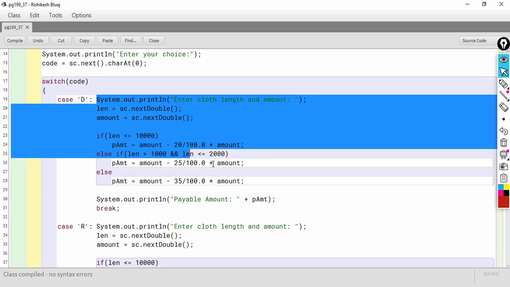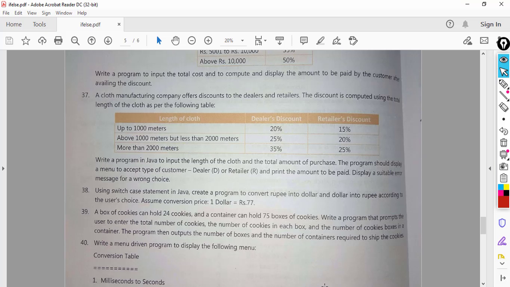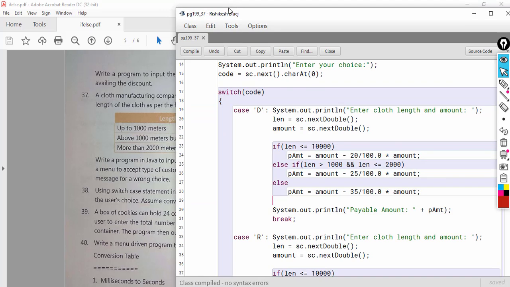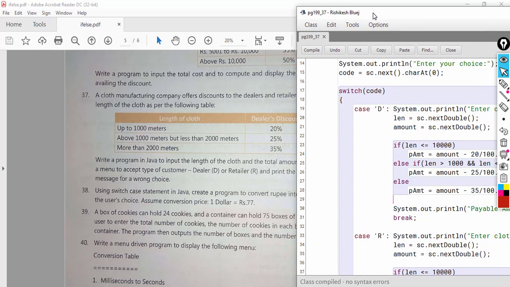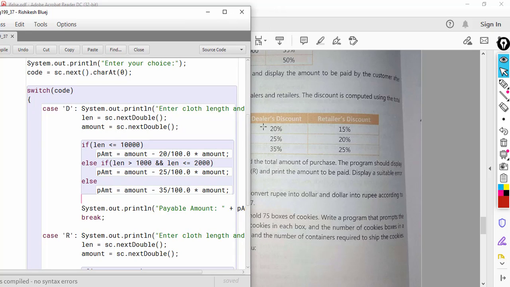Okay, so this was for dealer, isn't it? If you notice, notice 20, 25 and 35. This was dealer's discount, isn't it?